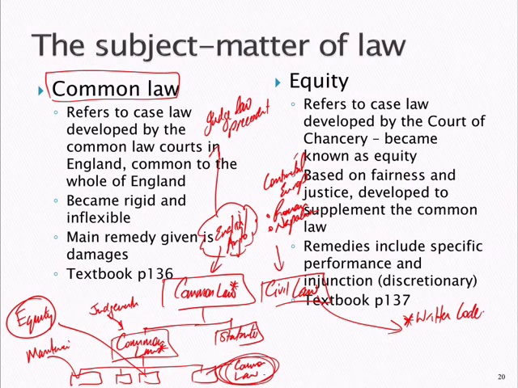So common law, in terms of the third level here, refers to case law that came from the common law courts. Over time, it was one of the first areas, right? It became rigid and inflexible. So all the people started going to the monarch at the time saying, hey, help us out. These laws are too rigid. We want to appeal to you. So what's the monarch do? Set up a different court, the court of chancery, right?